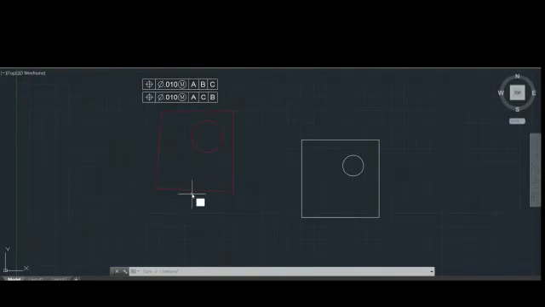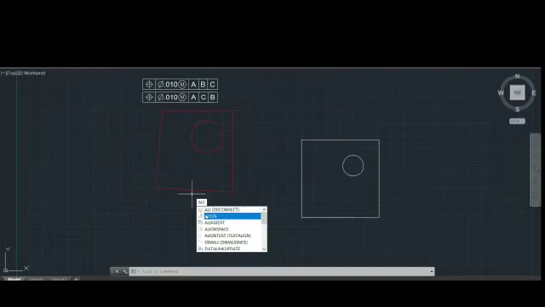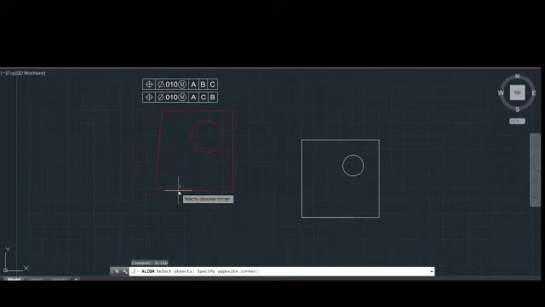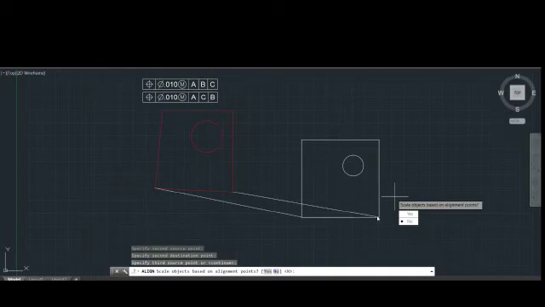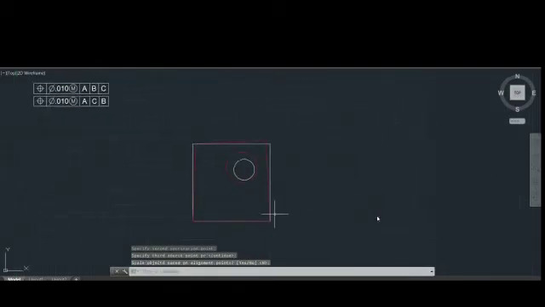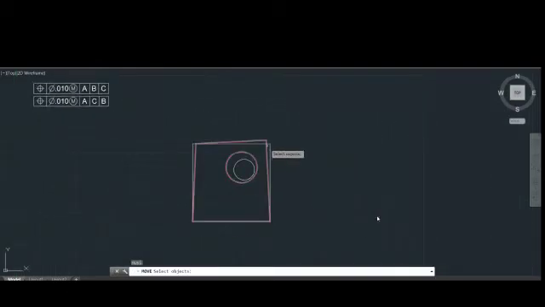So I will just simply use the align command to align this part, this point to this point and this point to this point. So we will be aligning our part with datum B, and I will just move this component.